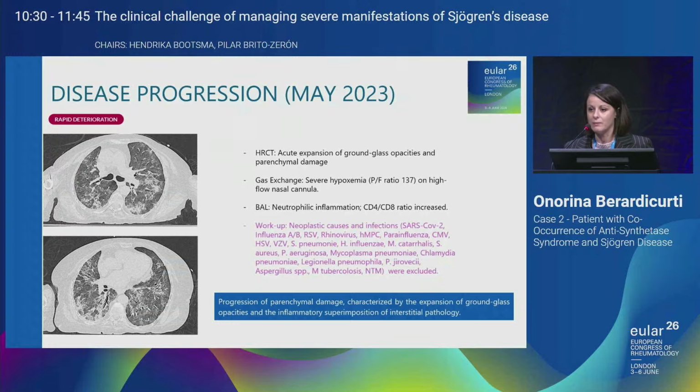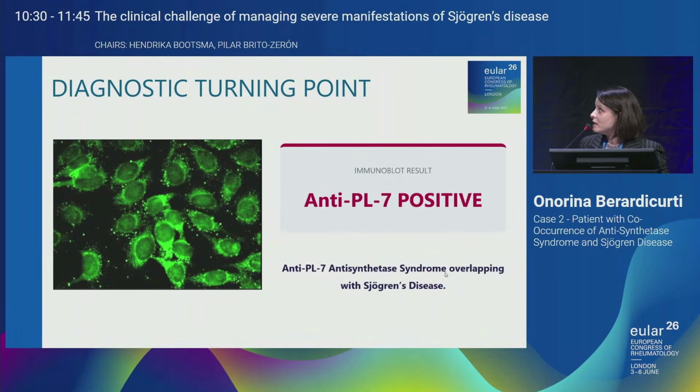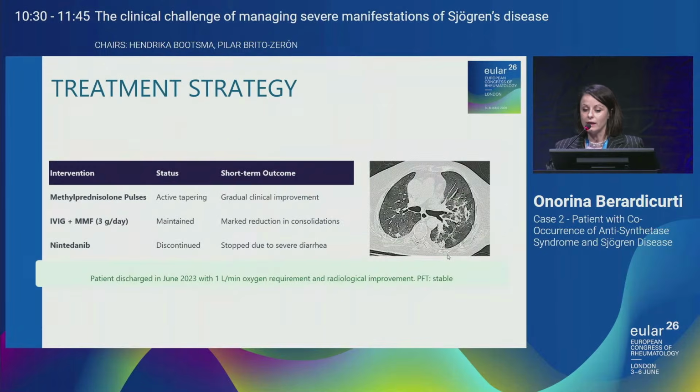So it was clear at that time that we were facing a rapidly progressive ILD condition in an autoimmune disease, but with this data, we were not so sure that the Sjögren disease alone could explain this kind of manifestation in our patient. So we rethought her diagnosis, and we repeated our immunological markers, and this time the patient came out positive for the anti-PL7 antibodies. So we made a diagnosis of an overlap syndrome between the antisynthetase syndrome and the Sjögren disease, and we promptly